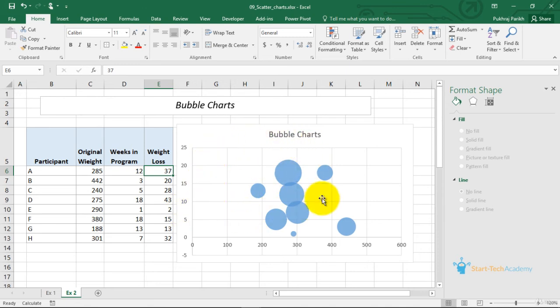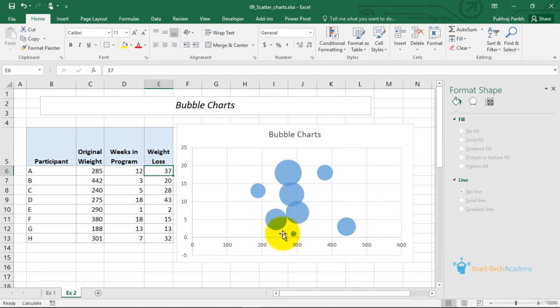The idea behind creating this chart is, if circles with larger radius are coming in a particular area of this chart, you can assign that maximum weight loss is being achieved by people belonging to that particular category. For example, most of the weight loss has been achieved by people in this range.